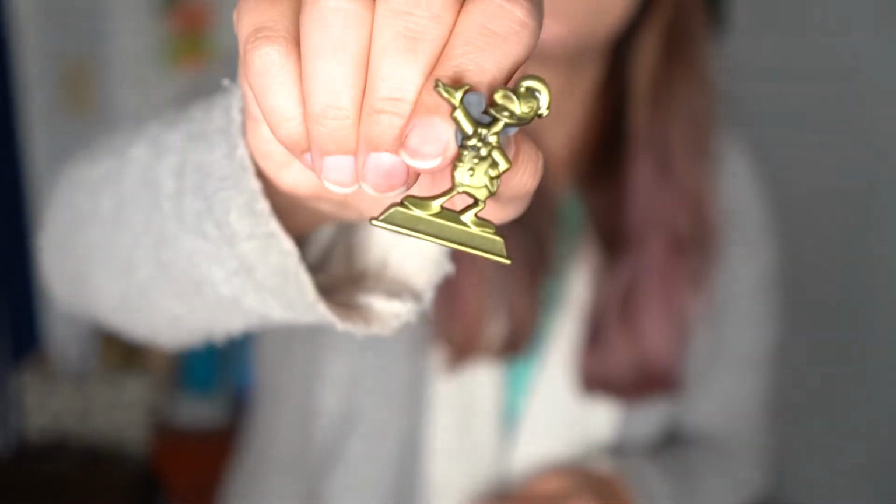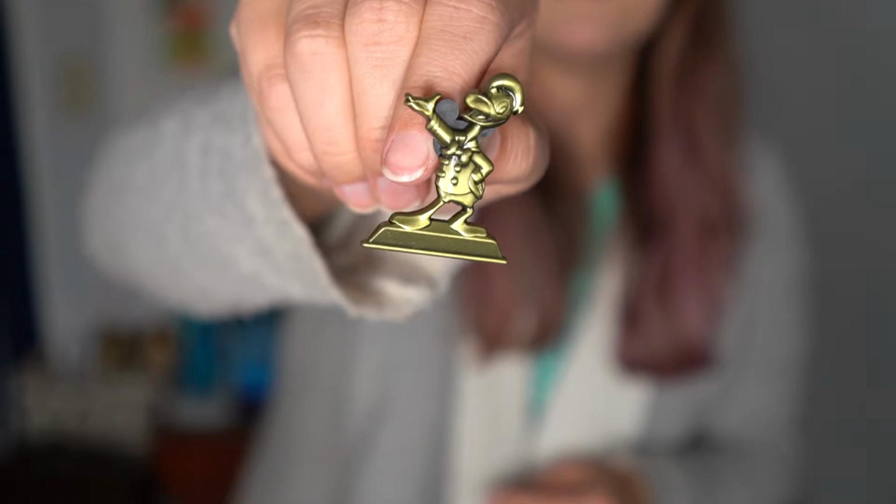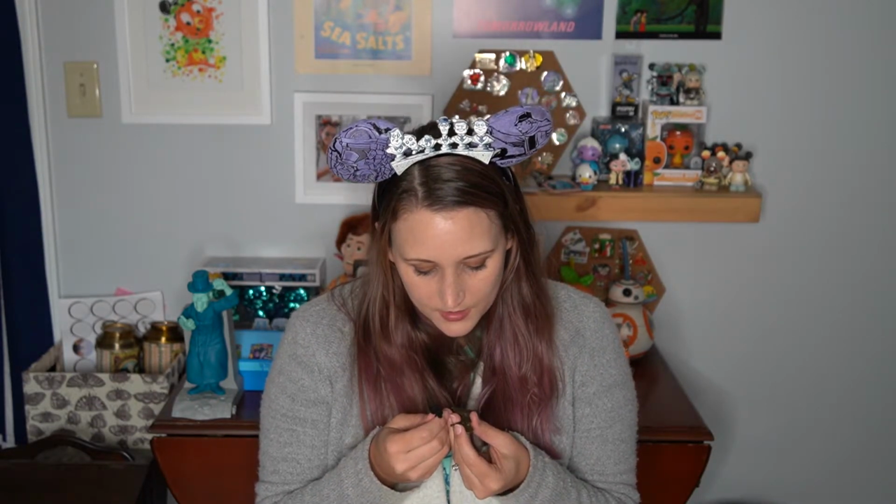So I went over and looked at what they had, and I was like, well, I really like that Donald. And she said they had traded for this, and I remembered seeing this one in a set. It was like a booster set, and she said it's really rare, which it's not, but I thought it was cool that she was willing to trade that. And also this is a pass holder pin, so she was like, you won't be able to get this because it's a pass holder. I was like, well, I am a pass holder, but thank you. I didn't say that, but anyway, it is not limited edition or anything, but it is a pass holder exclusive